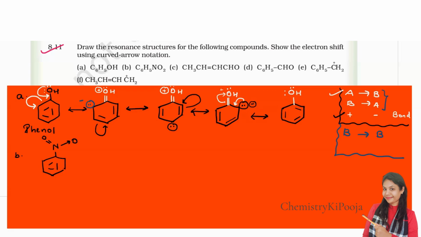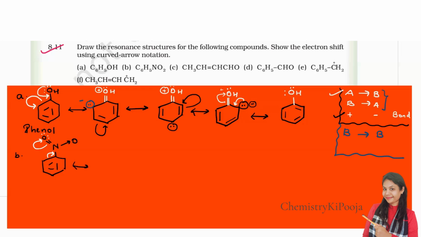Now, what is going to happen? Because of this oxygen, since it is electronegative, it is going to pull the electron towards itself. Already it has how many lone pairs? It has 1, 2, 3 and 4. That means two lone pairs. So this oxygen will pull the electron, and if this oxygen is pulling the electron, definitely in order to balance this, the bond should be shifted, right? So here I am going to write down the next structure.